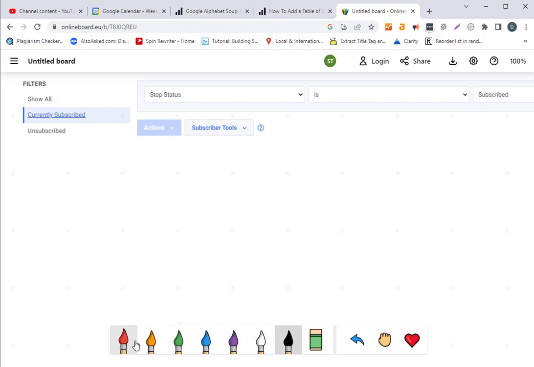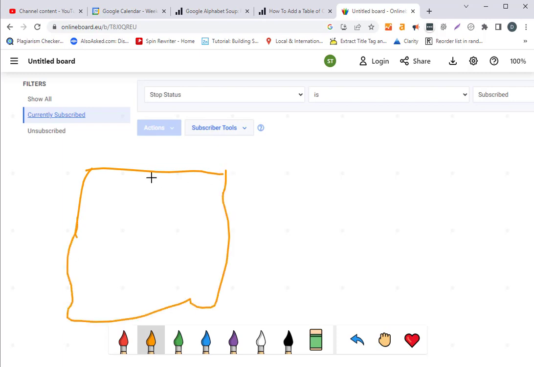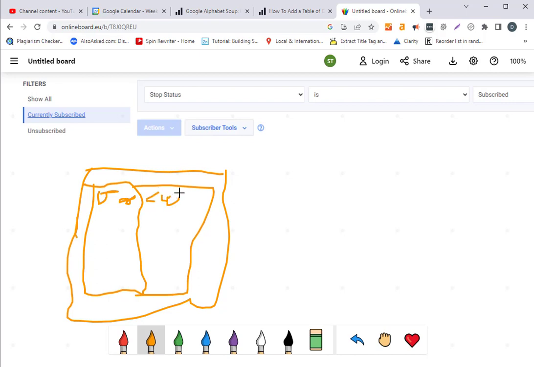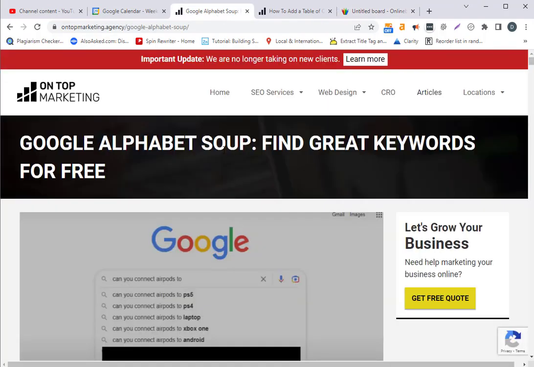I've not looked it up, but that's probably how they search for it. And so what we'd want to do is create a food calories chart. You can do this in Google Docs. You don't need any expensive software. You've got your Google Doc here, you make a table inside of it like that. You put over here the food, and then over here the calories: name of food, how many calories, name of food, how many calories. Do this with all of the most popular ones, and you'll find those out by using this method right here,